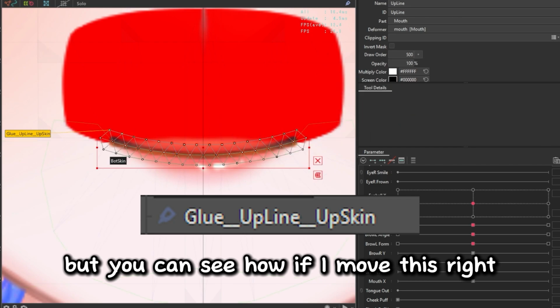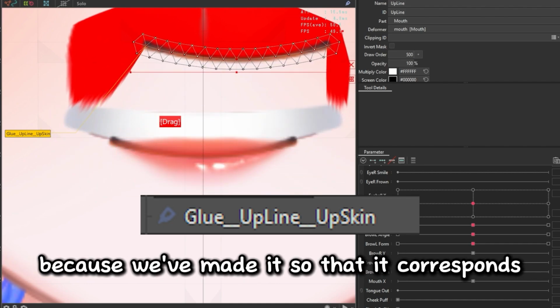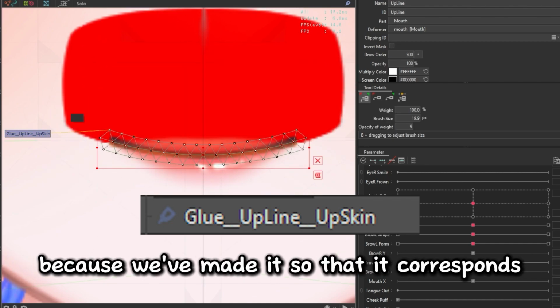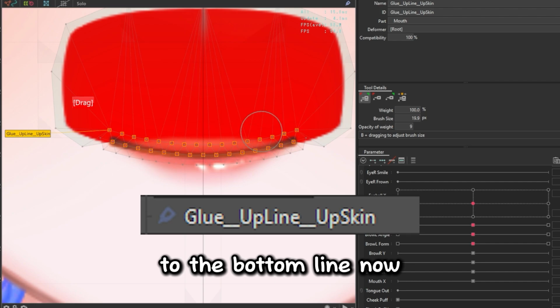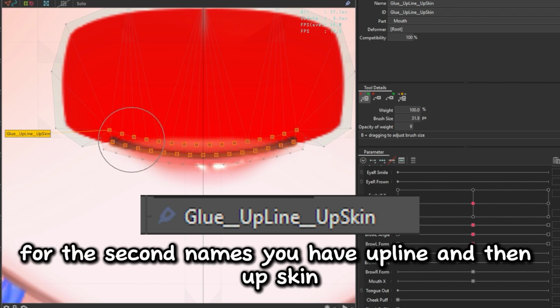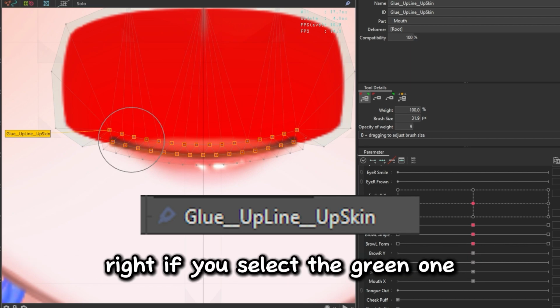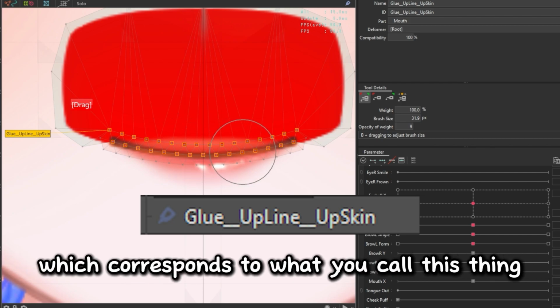But you can see how if I move this, it moves along with the thing because we've made it so that it corresponds to the bottom line. Now, what if you do the opposite, right? For the second name, you have upline and then upskin, right? If you select the green one, which corresponds to